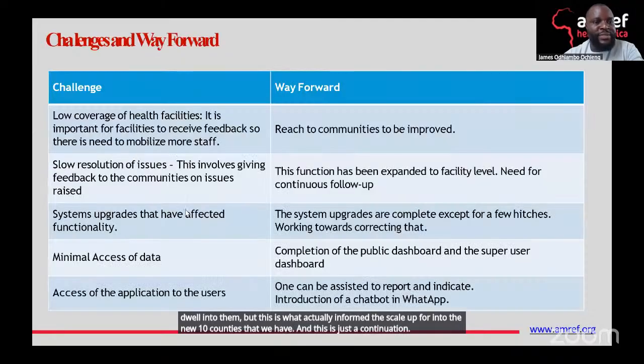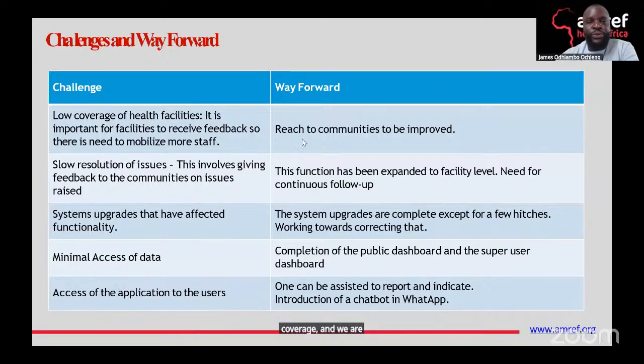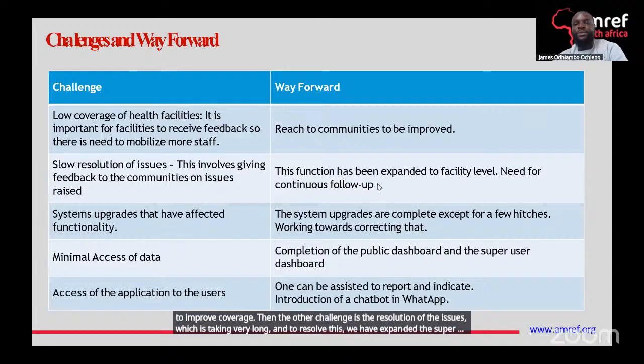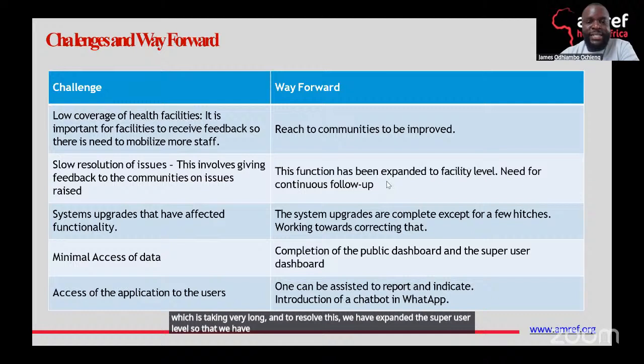So there are a bit of challenges that we are experiencing, and an example is low coverage, and we are trying to reach as many community members as possible to improve coverage. Then the other challenge is the resolution of the issues, which is taking very long. To resolve this, we have expanded the super user level so that even the facility in-charges are able to resolve these issues.